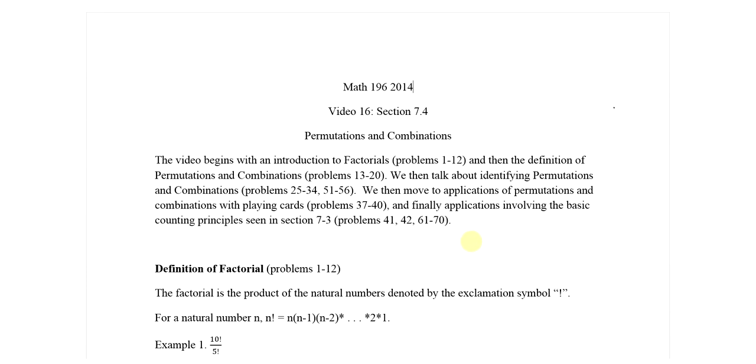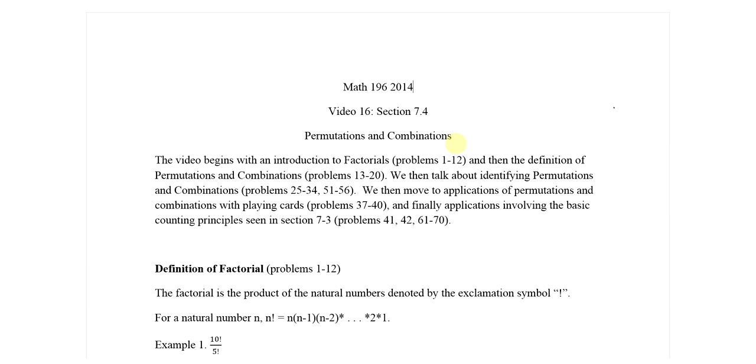Hello, this is video 16 for section 7.4 for Math 196. This chapter is on permutations and combinations. Pretty cool stuff. We'll start with an introduction to what a factorial is, which is mainly focused in problems 1